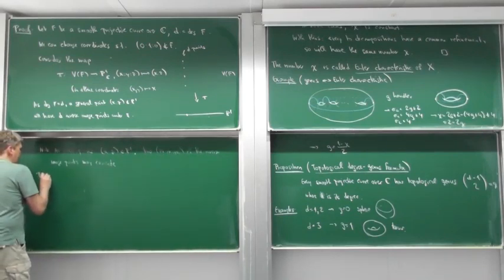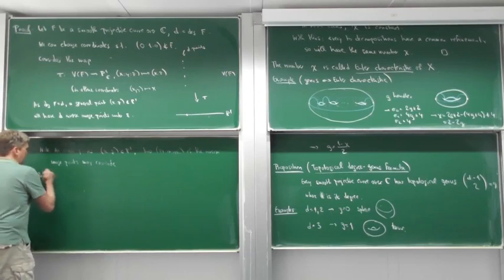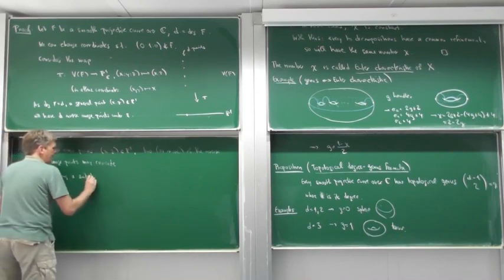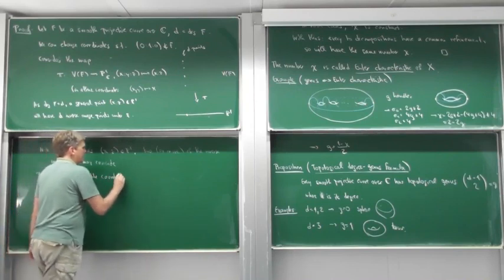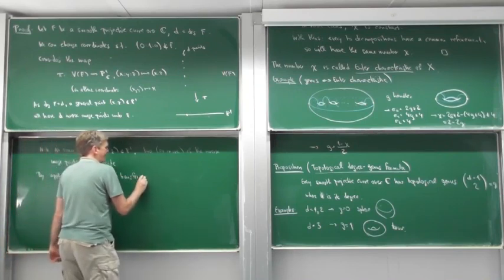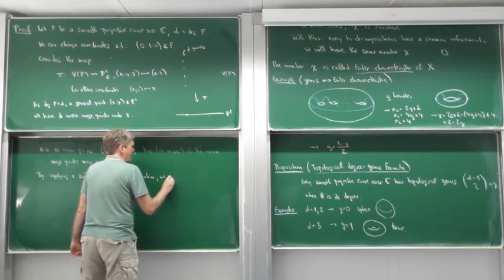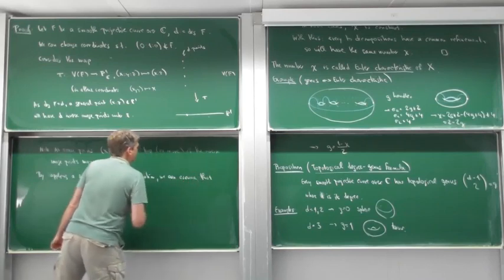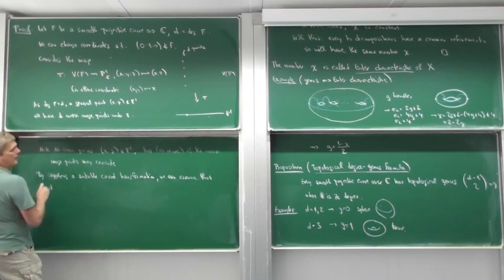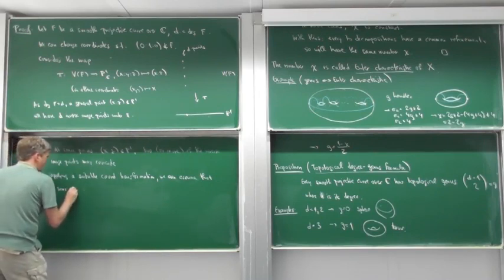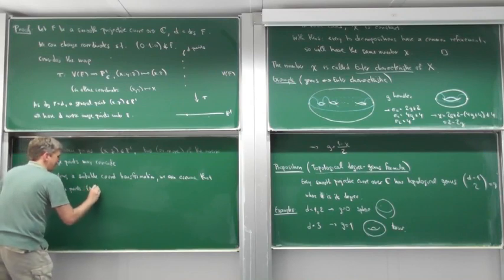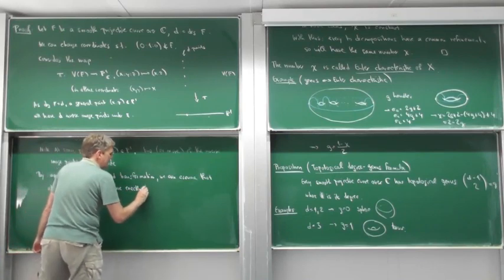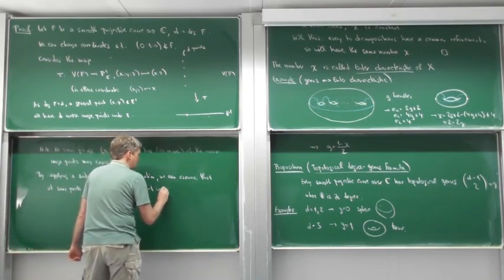So say by applying a suitably general coordinate transformation, we can assume that at some points in Z we have exactly D minus 1 inverse image points. That means exactly two coming together,